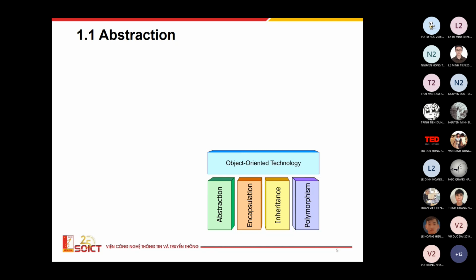Abstraction là trừu tượng hóa. Em hiểu thế nào về trừu tượng hóa ở trong lập trình hướng đối tượng? Những cái buổi đầu ấy, when I say about abstraction, what remains in your mind? Em nghĩ là